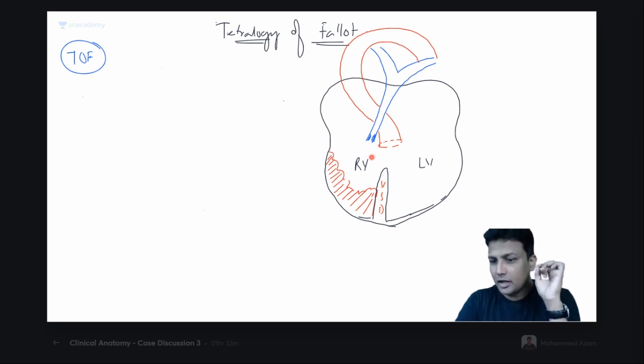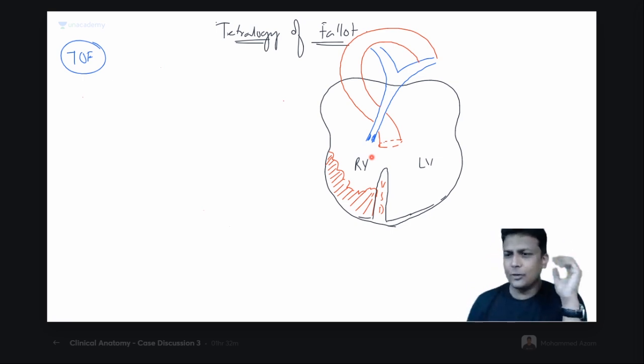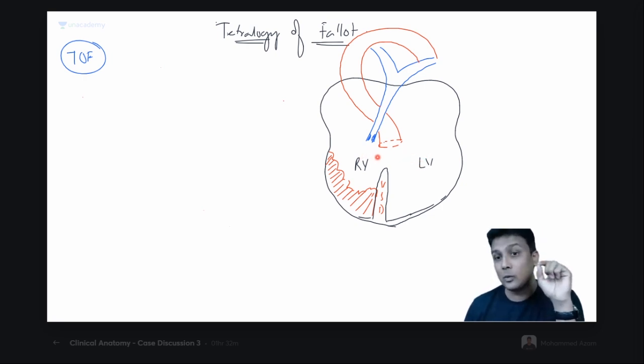Now open your ears widely and listen to my words very, very carefully. Yes, we all know that in a normal human being like you and me, the left ventricle has more pressure. That is why blood will be coming from the left. It should happen like that normally. But welcome to tetralogy of Fallot. It's happening opposite. Why? Because of the right ventricular hypertrophy the pressure will be more there, and because the pressure is more here, the shunting of the blood will occur from right to left.